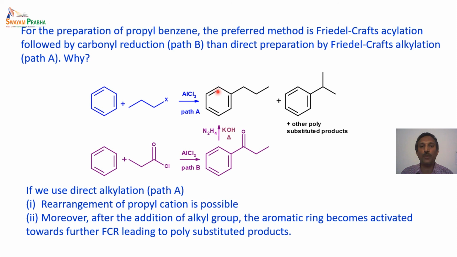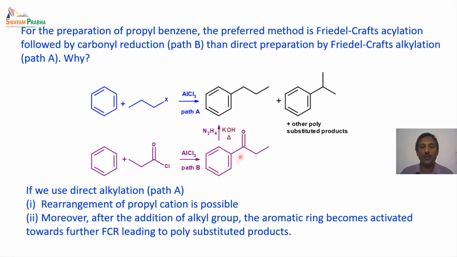So that is the reason direct alkylation of aromatic systems, basically benzene and other derivatives, is not preferred for the preparation of N-alkyl derivatives. In those kinds of cases, what we have to do is, if we do an acylation